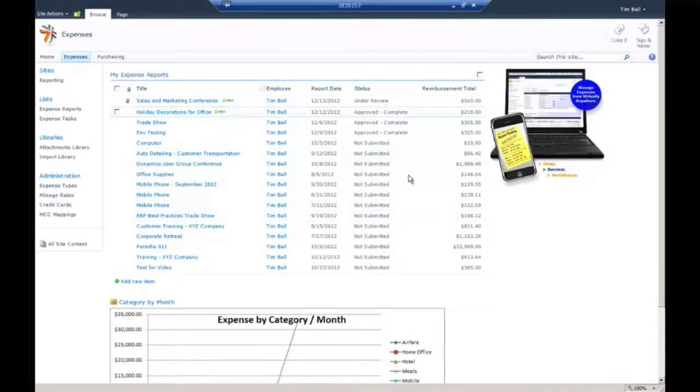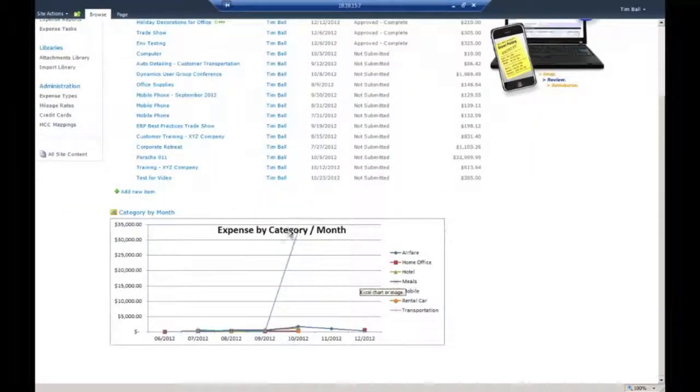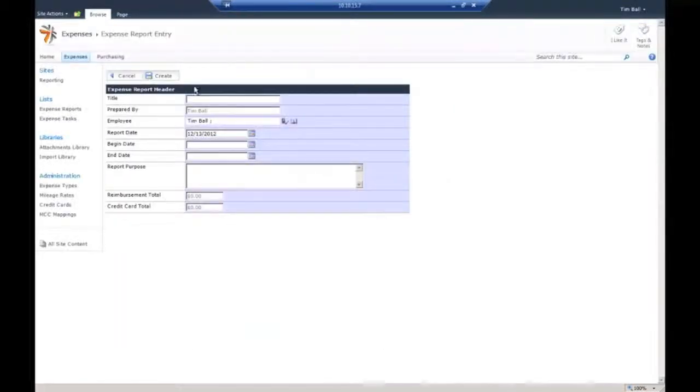that he's got a numerous amount of expense reports in varying statuses, as well as a summary of his expenses by category by month. Let's go ahead and create a new expense report for Tim. The first thing is the header, and this is going to require that he gives some general information specific to the expenses incurred. So I had a recent sales and marketing conference in Houston, so we'll use that for our